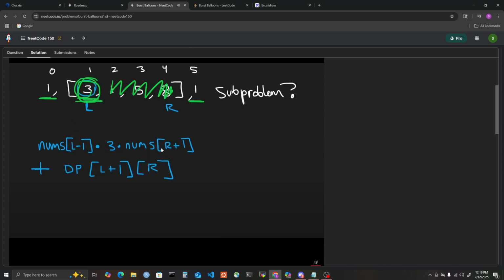Plus, we want the remaining number of coins that we get from popping the remaining portion of the left subarray. We see that there's nothing here, right? Remember, we're not actually popping this value. There's no other values in between, so there is no left subarray. What about the right subarray? We're going to take our left pointer, shift it by 1. That's going to put left over here. So the right subarray is going to be all of these elements, right? So you can see we're going to get that total amount computed from our DP, right? We're going to get it from our DP if that's already been computed as a subproblem. If it hasn't,